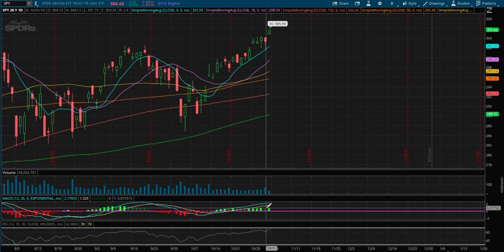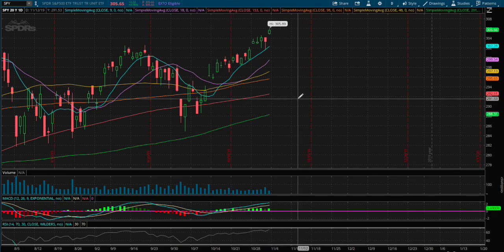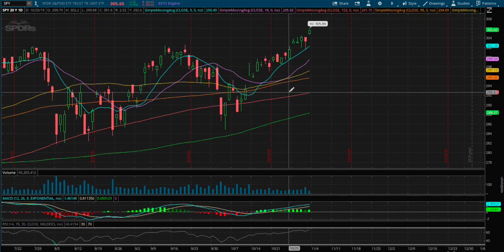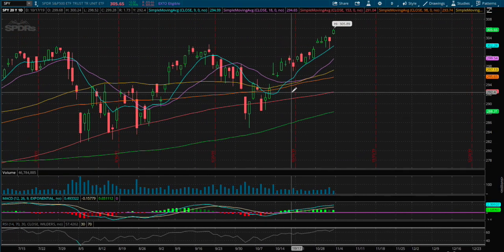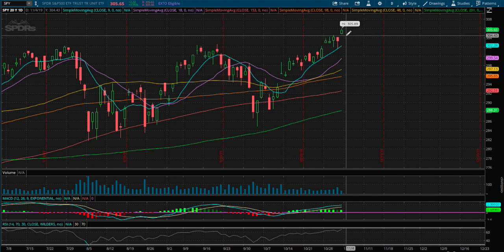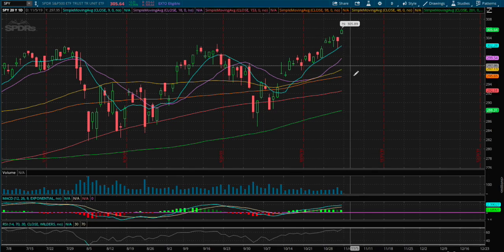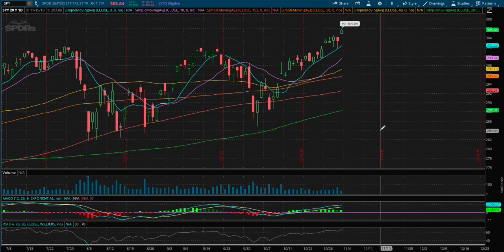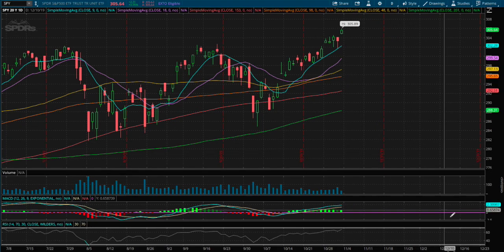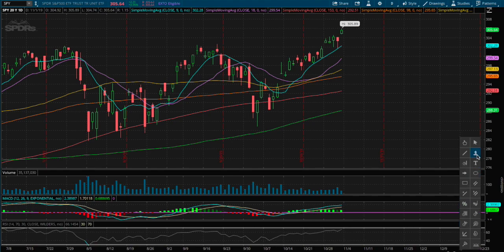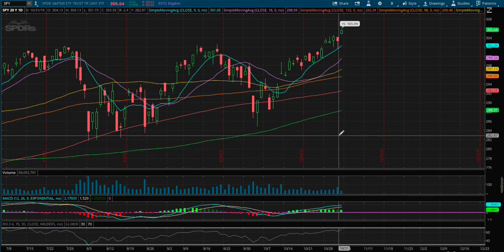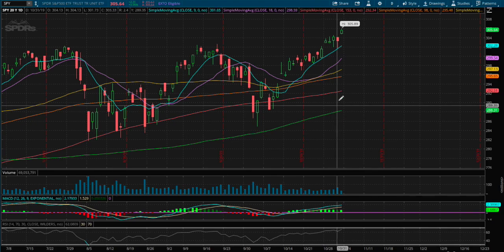The width between the MACD lines is very wide, so that is a good sign that this uptrend is still strong and intact. And another note, we made an all-time high, so that is really positive for the bulls. So if we were to reverse and head lower, the possible support level that I see is the